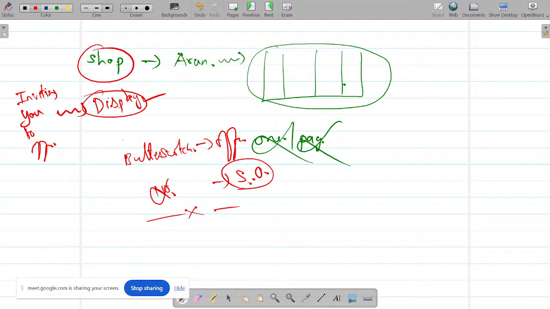Now just tell me, if the display is considered as an offer, then once it is accepted, it will become a promise. This can never happen in this case, because even if it is a display, if there is one butterscotch in that box, it might have been bought by some other person. Even though there's a butterscotch in the box, he cannot sell it to me because it's already been sold.